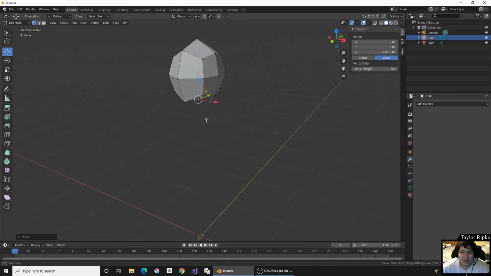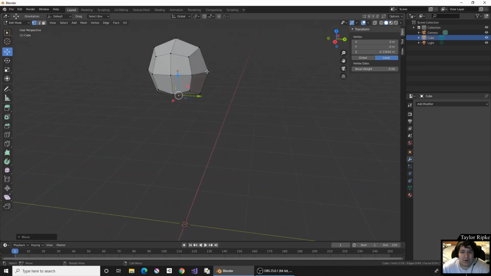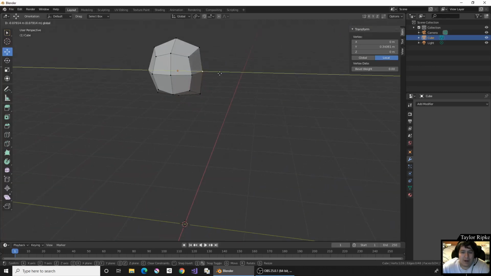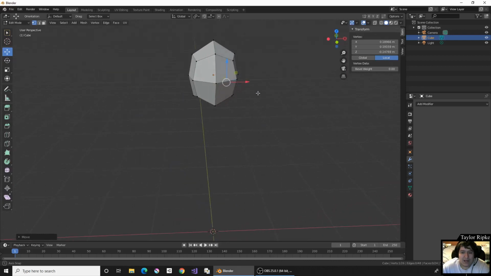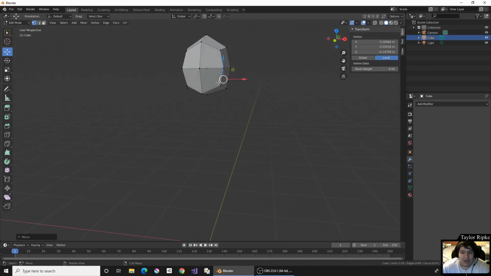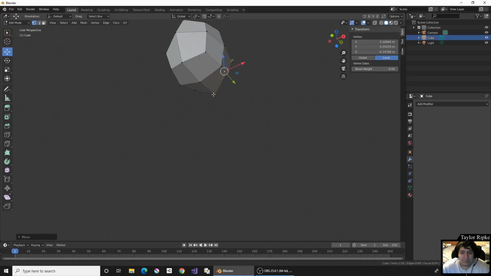This is, of course, going to be the front of our character here. We can do, of course, a little bit more modification to bring these in, as well as if you press G, we can grab these vertices and we can start to have a lot of fun shaping this face into something that we want. What we're going to do now is we're going to go ahead and create a neck